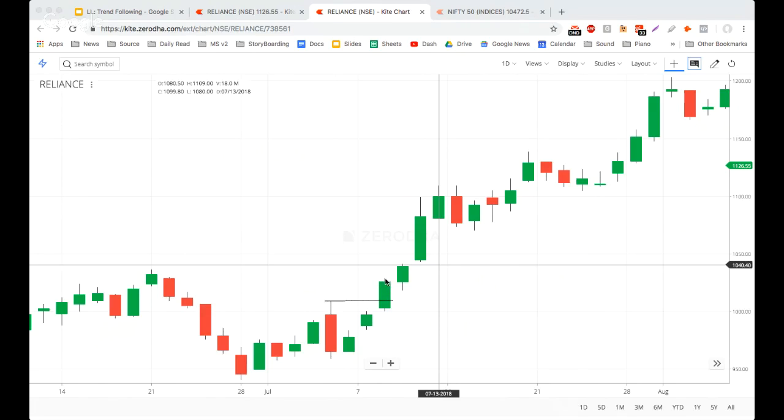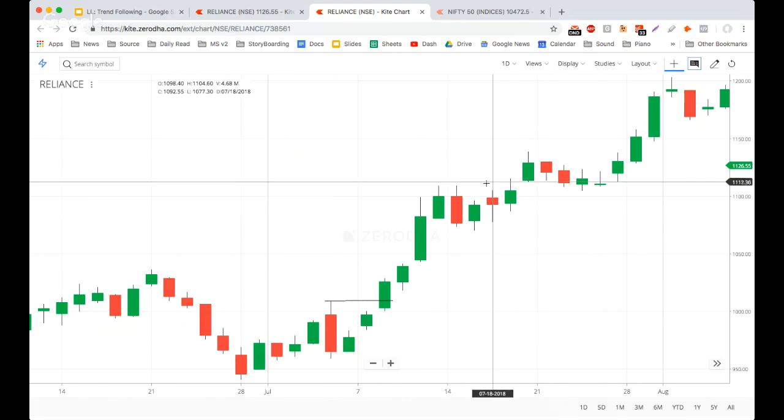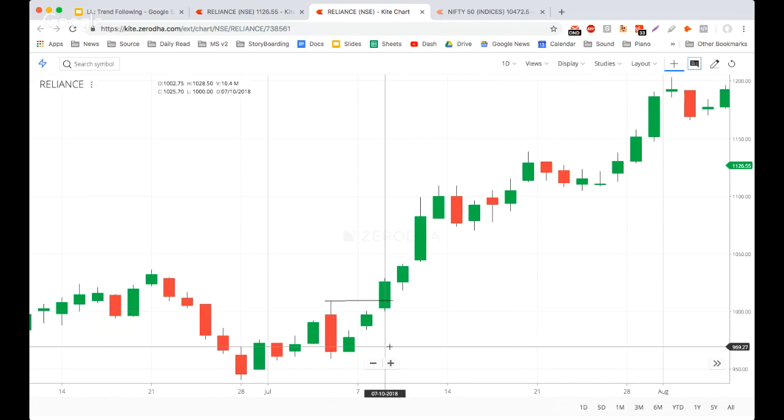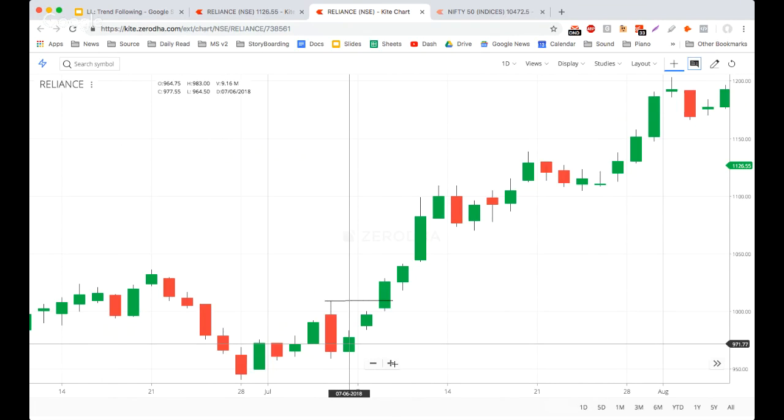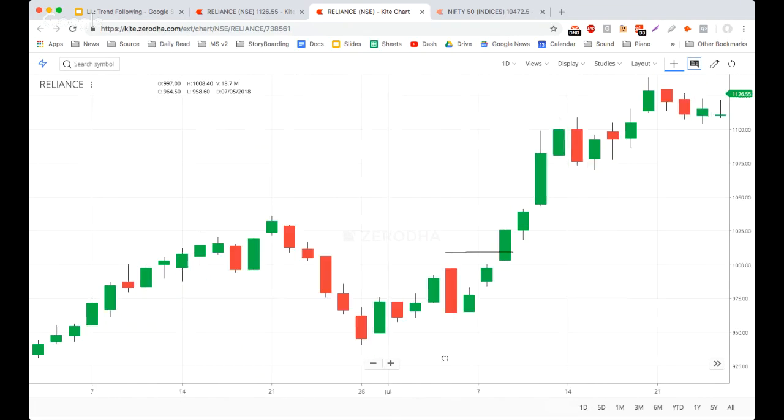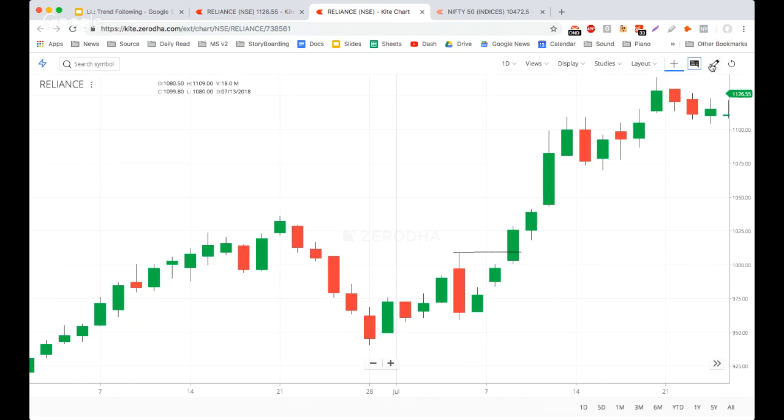You're buying the close. You want it to close above it. Now, if you're buying the swing high, where should the stop loss be, guys? Can you tell me? If you're buying the swing high break, where should the stop loss be? That's right. Yes, you always place the stop loss on the swing low. So the swing low is right here.